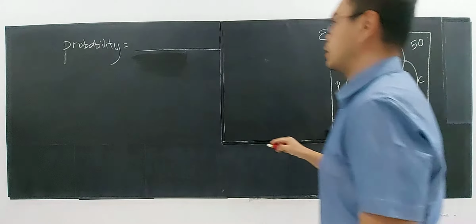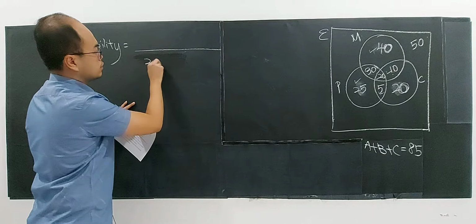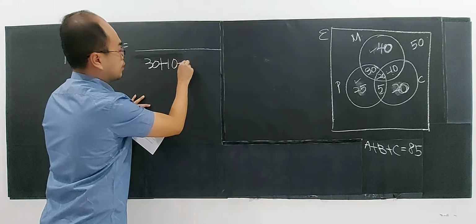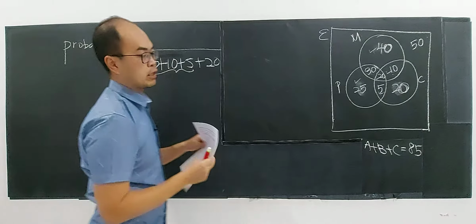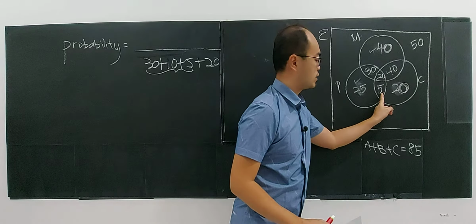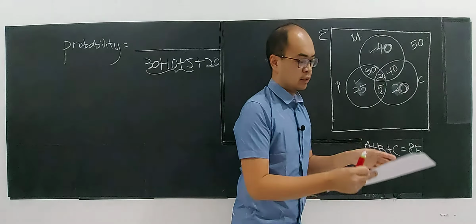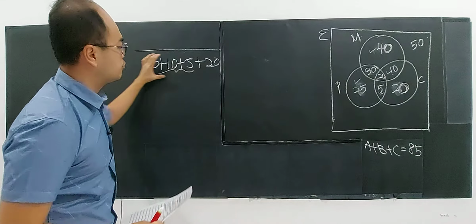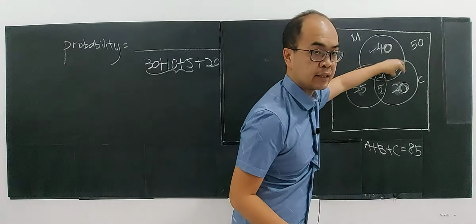So that means the total will be 30 plus 10 plus 5 plus 20. This is the number who score in 2 subjects: mathematics and physics, mathematics and chemistry, physics and chemistry, and this is 3 subjects. So at least 2 subjects means the total here, given. When they say given, you must divide by the total from this region, the region that they said given that